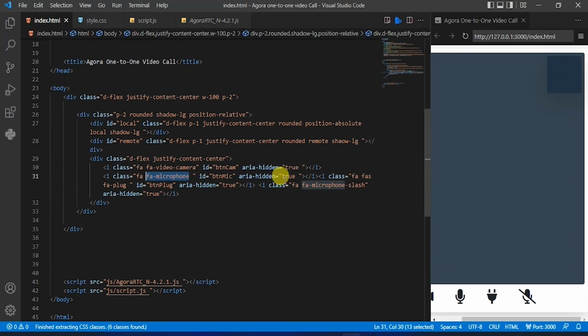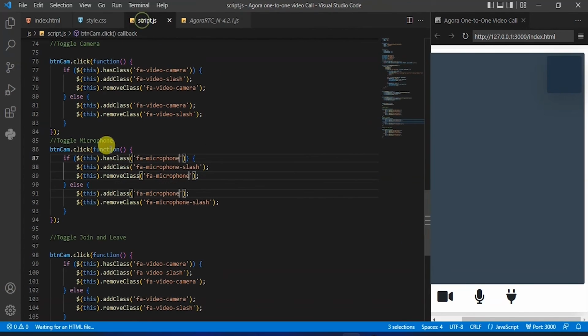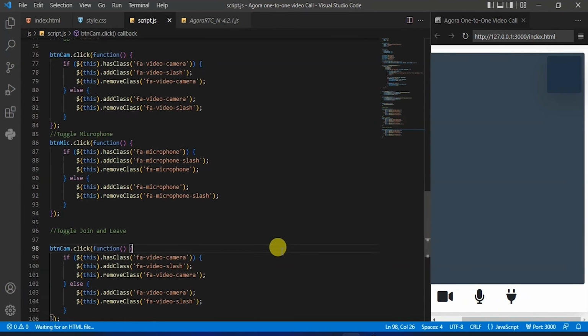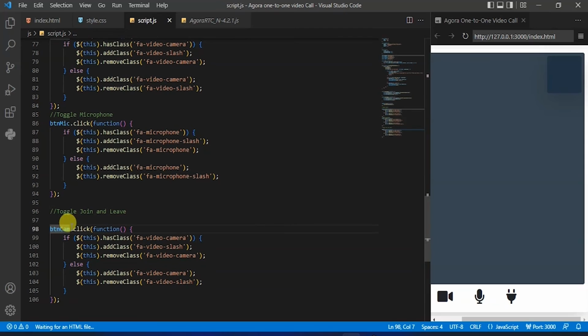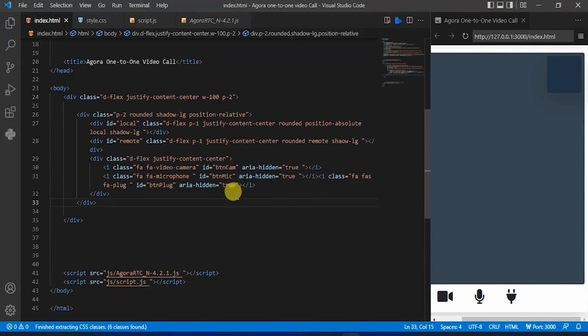Now back to that index.html and let's remove that, and it's not working. Refresh it, still not working, and let's change that button cam to button mic. So now it's working. Now let's do it for plug, change it to button plug, and for that come here